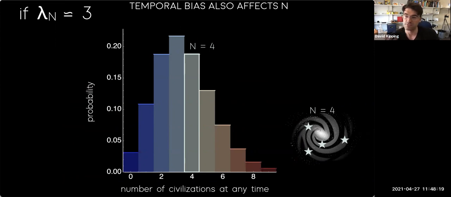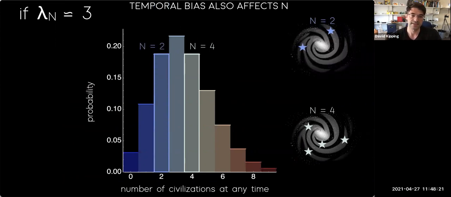And so we'd have a galaxy with 4 civilizations, and that is just as likely as a galaxy with 2 realizations. If we chose random snapshots in time, as long as this rate itself isn't evolving in time, which is an intrinsic assumption here. So I'm really thinking about times less than maybe 1 billion years, where the galaxy barely changes. So we look at sort of modest or intermediate timescales. We'd expect these 2 realizations to be equally likely,